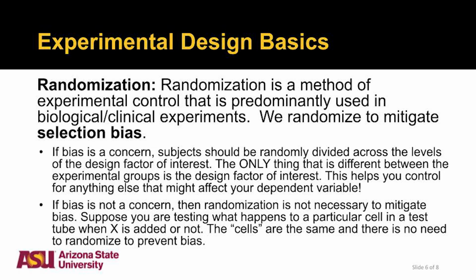There are situations where you don't actually need to randomize. Sometimes in an experiment, we already know that all of our things are the same. For example, we order cells, and the cells are the same no matter if we put them in the control group or the experimental group. Regardless, they're going to be the same, so we don't need to randomize into those two different groups. Really, randomization comes in when you're talking about people, animals, things that other factors can impact.